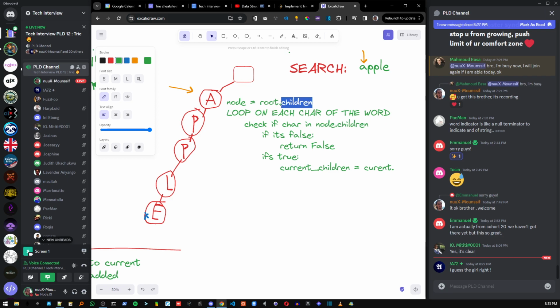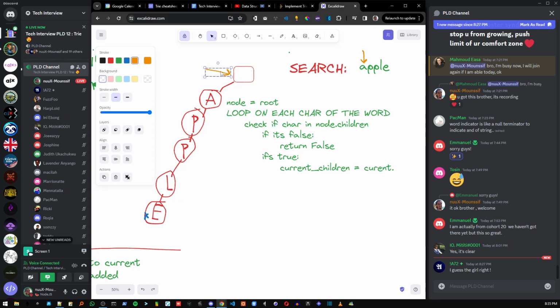Not that children. So maybe this should be just root. So this is node, and it's going to be pointing at root. Now I'm going to loop over each character and check if the character is in the node's children. If it is false, return false. If it is true, now the node should move. This node right here should become here. Now it's going to become node